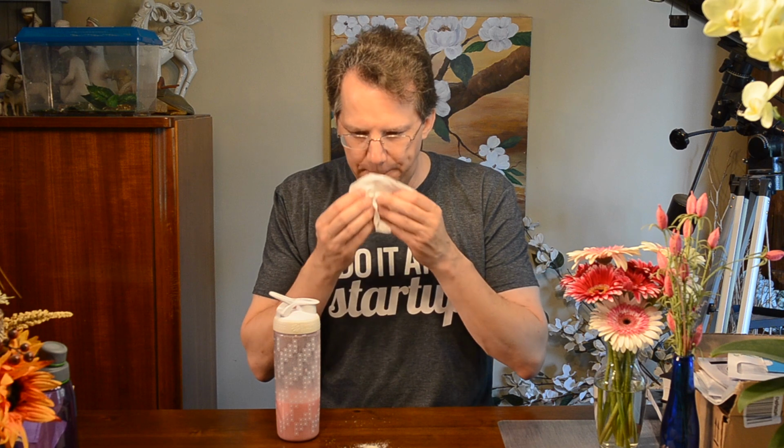It tastes better than Strawberry Quik from what I remember, although it's been 40 years. The flavor is very subtle. It's creamy. Surprisingly, considering I'm mixing in water, it has a great mouthfeel. It has a full texture, and I think that's the fats that could probably increase that a little bit. Strawberry is a bit more of an aftertaste, but